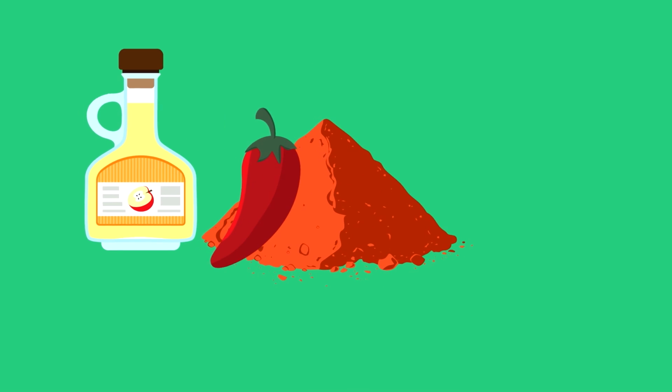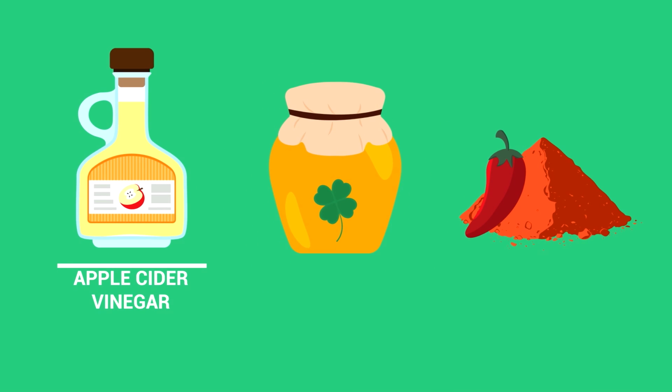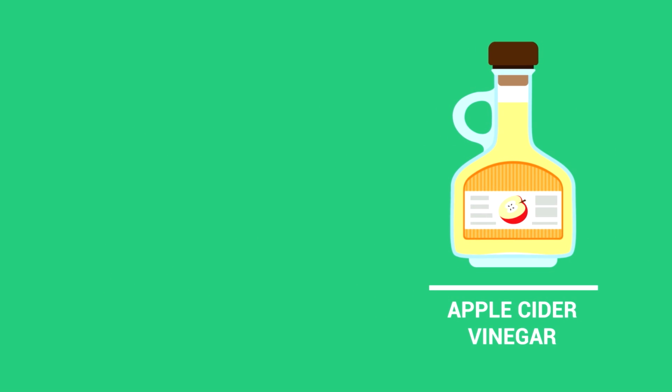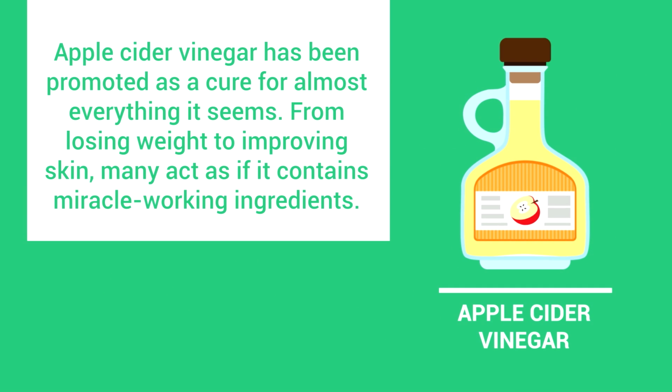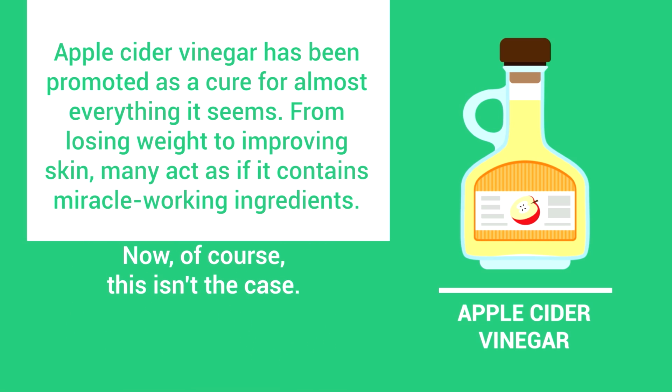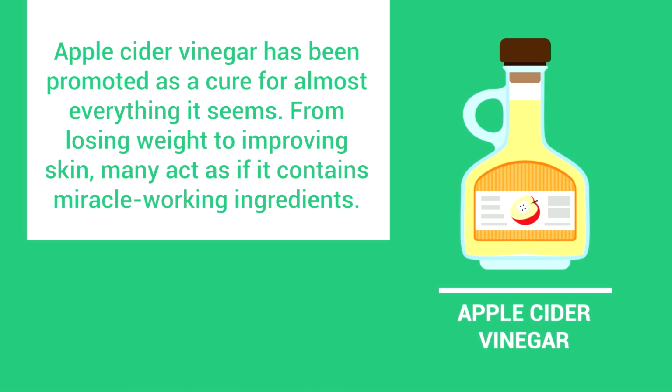Another one to consider is the combination of apple cider vinegar, cayenne pepper, and clover honey. Over recent years, apple cider vinegar has been promoted as a cure for almost everything it seems. From losing weight to improving skin, many act as if it contains miracle working ingredients. Now, of course, this isn't the case. However,